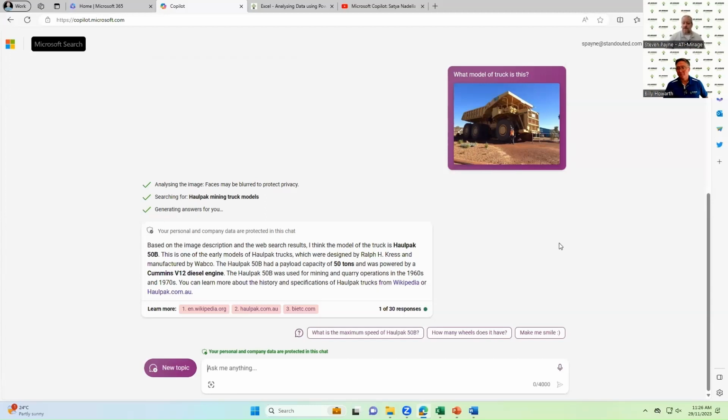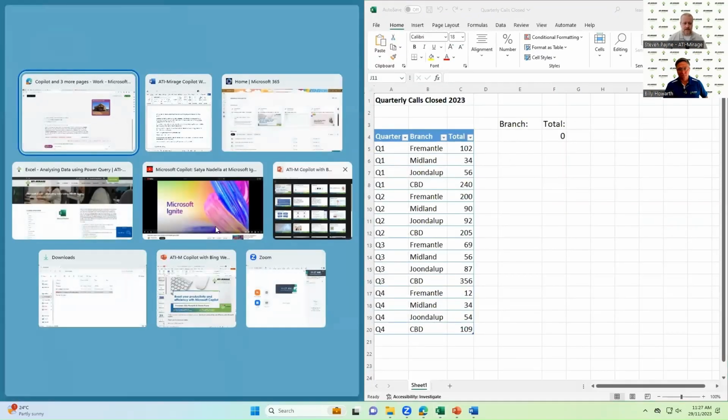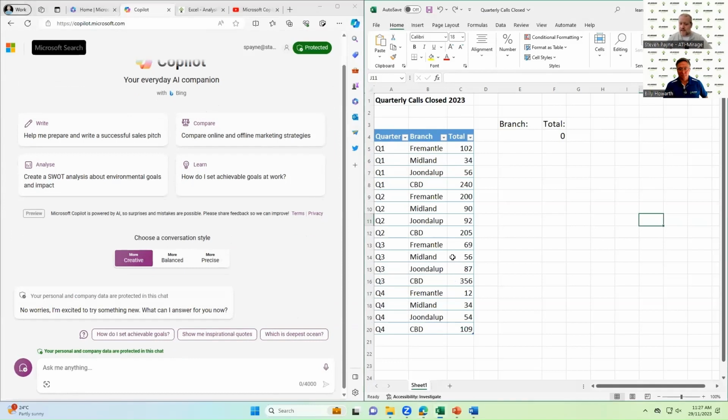And the other thing that I find it quite useful for is I use Excel quite a lot in my work. I'm not great at formulas, and it takes ages to kind of remind myself. Like I've been on Excel courses, but I never know exactly what I need to do. So this is where, let me put that over there. Let's see if we can look at both at the same time. There we go. So what I want to do now is I'm taking calls at different branches, and I just want to find out how many calls there were in total at, let's say, CBD. So I can't remember the quick way of adding together all these numbers, and I'm not going to sit there and type it in. I could on this because it's a small example, but just to give you an example here,